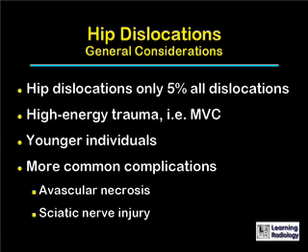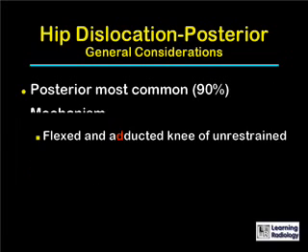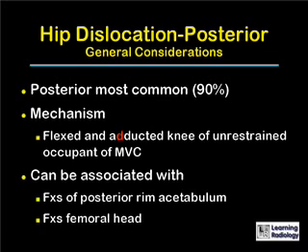They frequently occur in younger individuals, and two of the more common complications include avascular necrosis of the femoral head and sciatic nerve injuries. Posterior hip dislocations are the most common. The mechanism is a force directed against a flexed and adducted knee of an unrestrained occupant of a motor vehicle collision, usually, and they can be associated with fractures of the posterior rim of the acetabulum and fractures of the